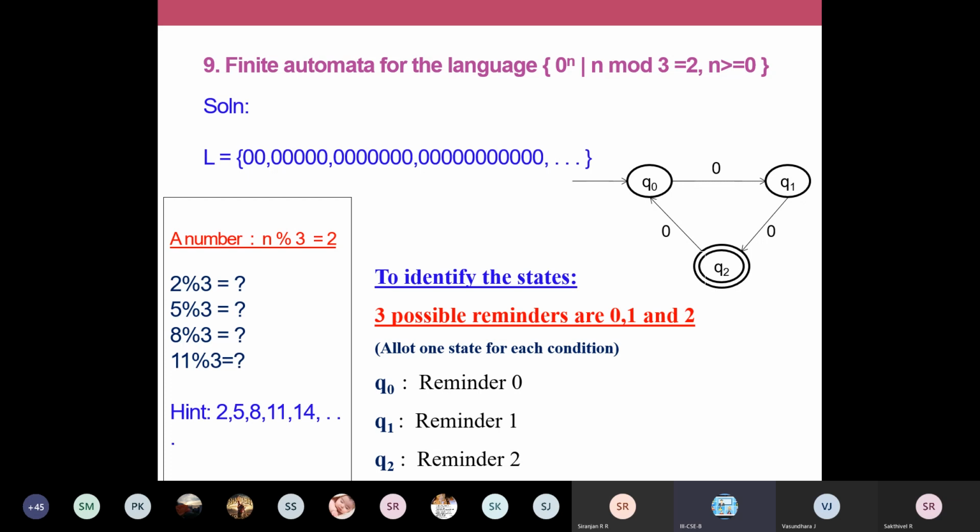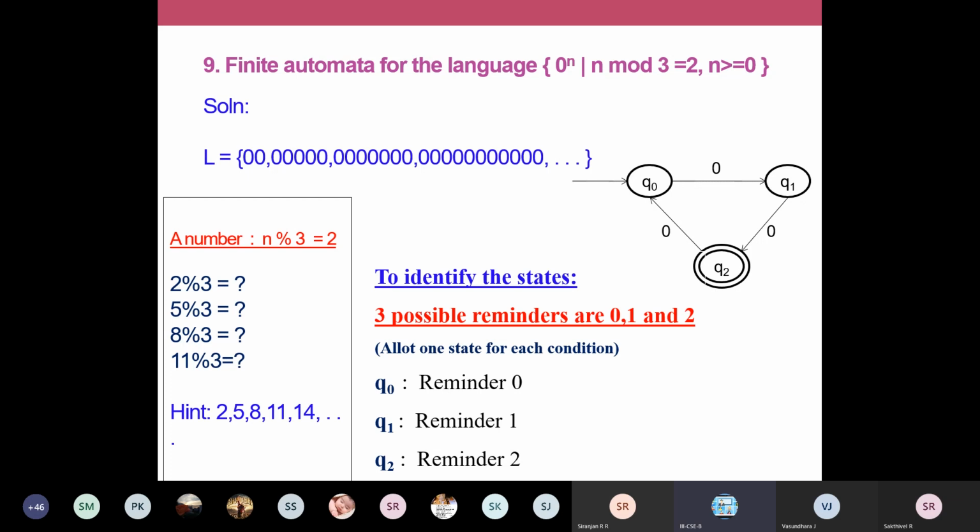So in Q0, on giving 0, I go to Q1. It means that Q1 is a state which accepts the set of all strings that will have remainder 1 when applying n mod 3. Then Q2 will be the state which accepts strings which have the remainder 2. For example, for 2 zeros, I am reaching Q2.